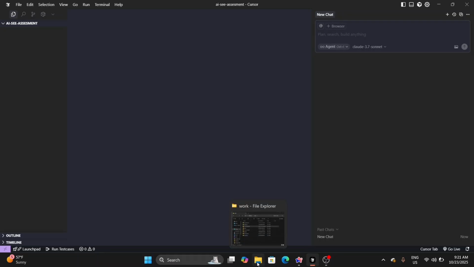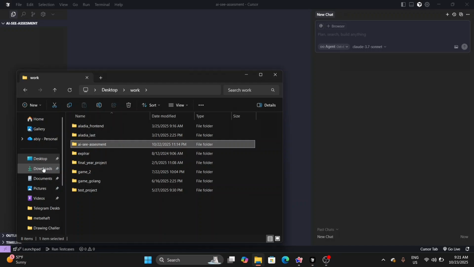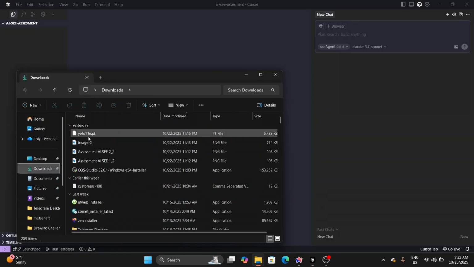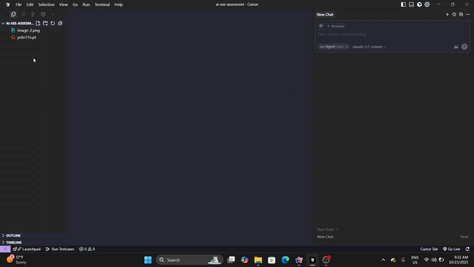let me put the model and the image that we've been given into this folder. So I'll copy and paste it here. Yeah, so these are what we're going to use for this whole project. Our next step should be